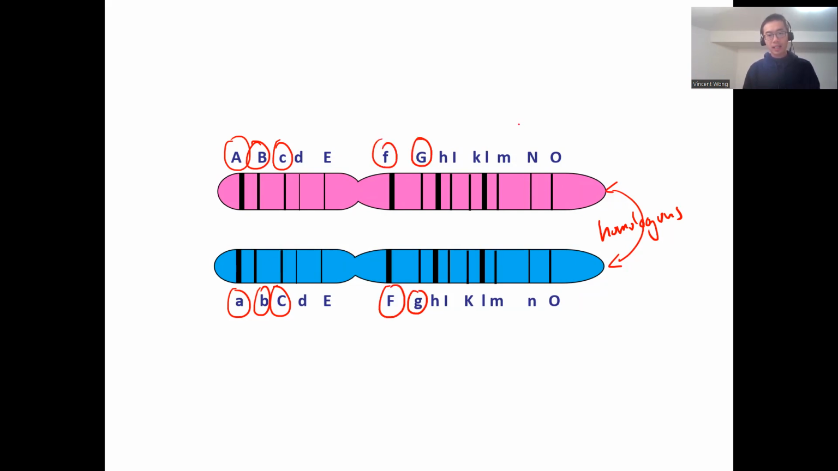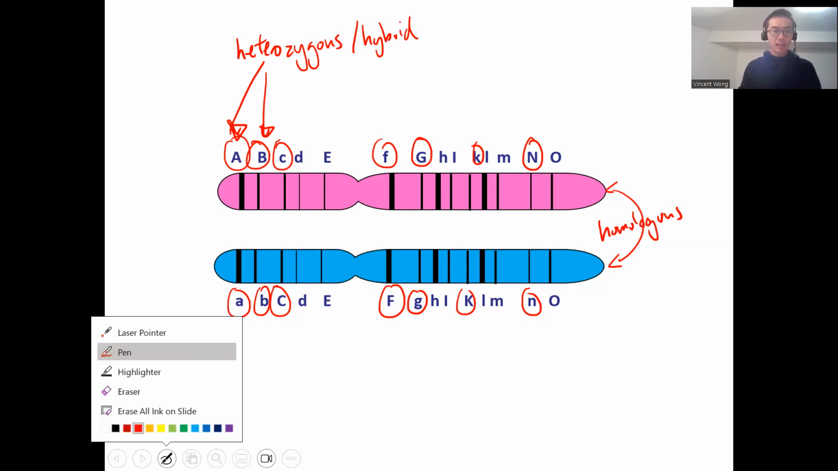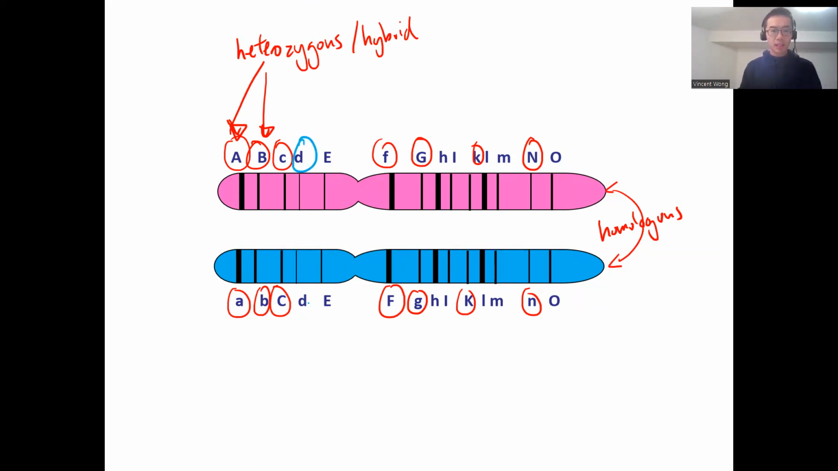So anything that's different, we call them heterozygous, or hybrid. On the other hand, if they are the same, small d, big E, small h, small l, and I, all the ones that are the same, we call them